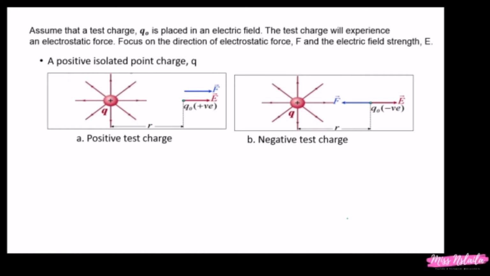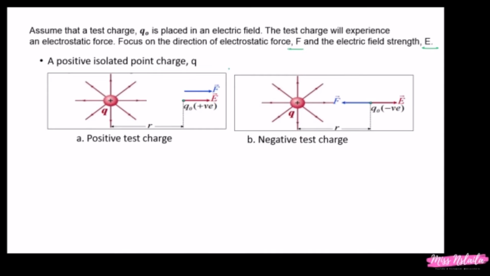Now let's learn how to determine the direction of electric field strength. Assume that we have a test charge Q0 placed in an area of electric field. When we put the test charge, it will experience electrostatic force. So focus on the direction of F and also E. I think that you already know how to determine the direction of force. Kita tengok sama ada it will repel or attract. But to determine the direction of E, we are going to refer to the direction of electric field lines produced